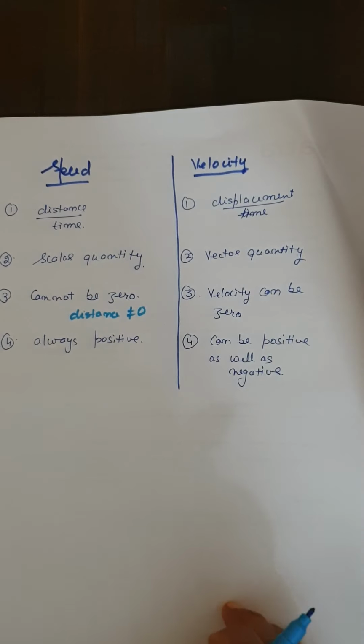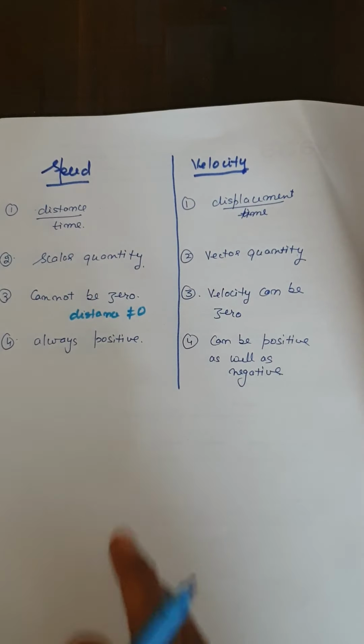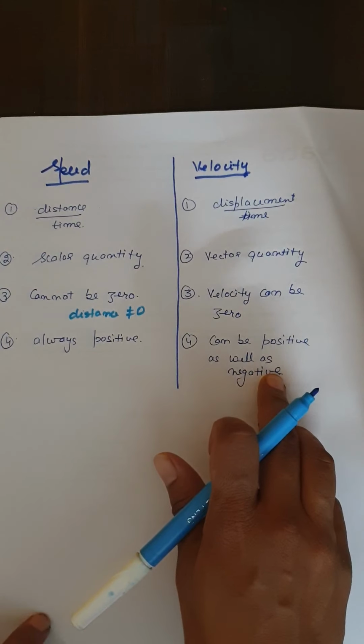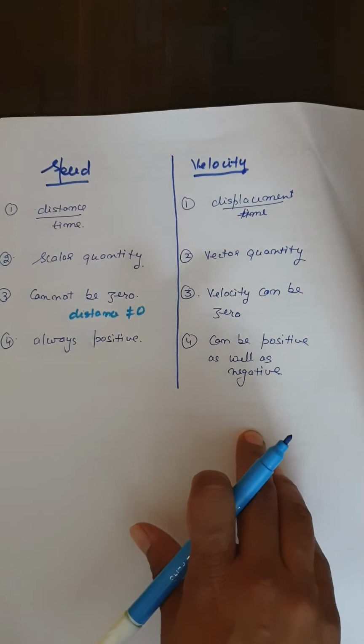In the next session, we'll learn about uniform speed, non-uniform speed, uniform velocity, non-uniform velocity, and the conversion of unit from kilometer per hour to meter per second and so on,